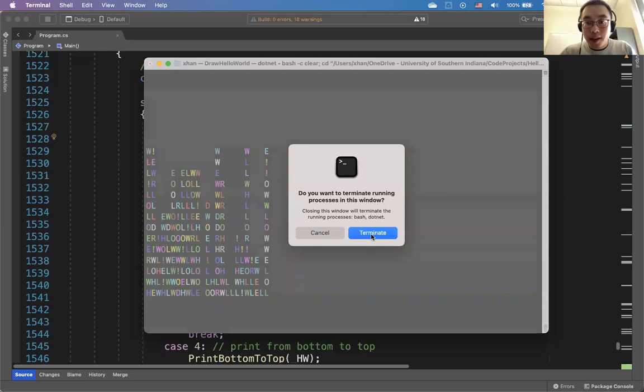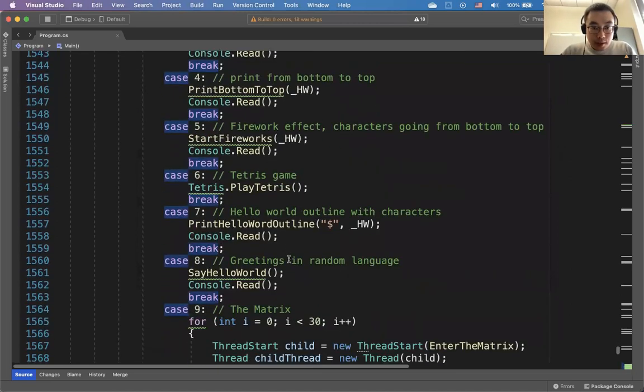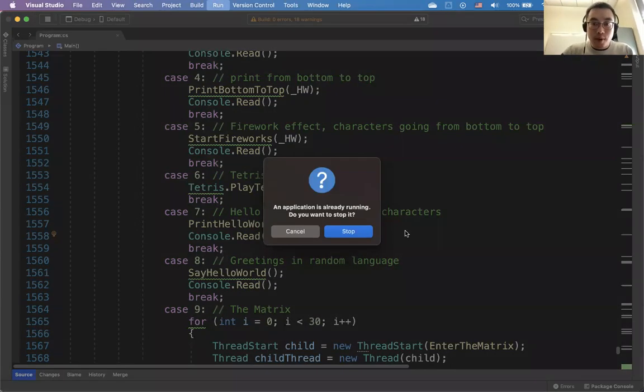Now let's move on and take a look at the next version, which is version 7. Version 7 is about, this time I'm going to also print out the hello world, but I'm going to use every character, any character. For example, let's say I really enjoy the dollar sign. I can use the dollar sign to print the outline of the hello world. All right, now if I run the program,